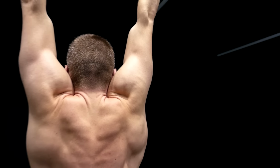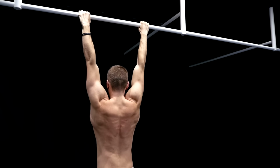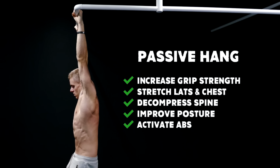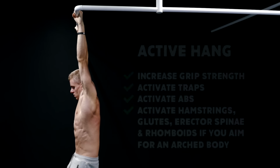Alright, that's it for the supporting positions. Now we move on to the next important movement, which is hanging. Hanging is not only important if you want to do a pull-up. It will also improve your grip strength, decompress the spine, help correcting the posture, increase core stability, open up the